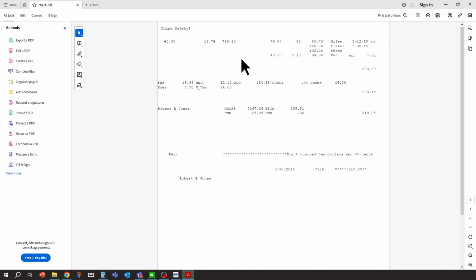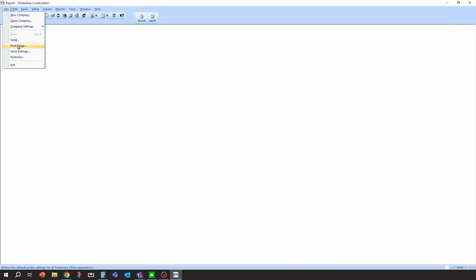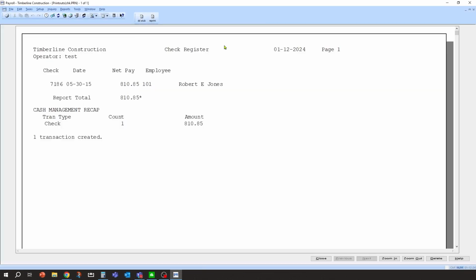Okay, so you'll see the regular shows up over here, the other shows up over here, miles, travel, phone. Okay, and then he's going to get that in his pay right away. And that's as simple as that in the system, and that's going to charge that over to the job cost as well.